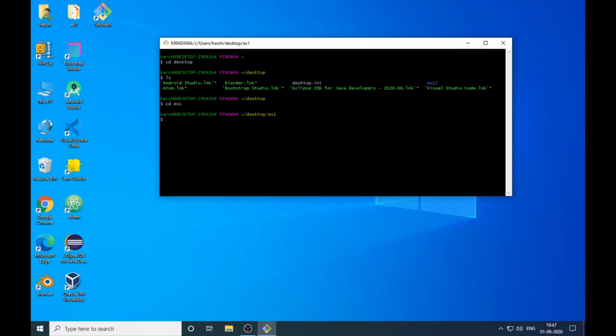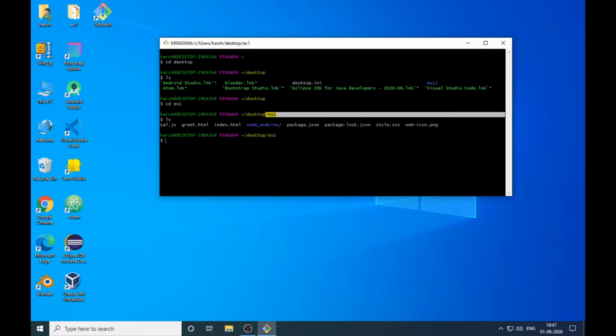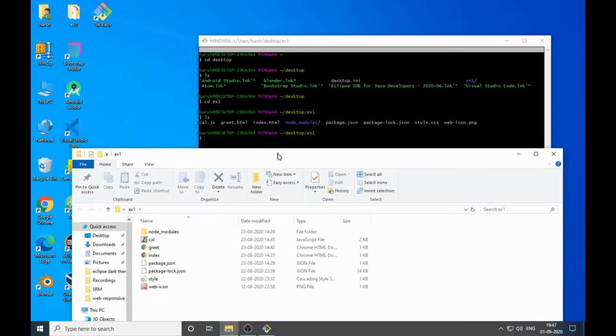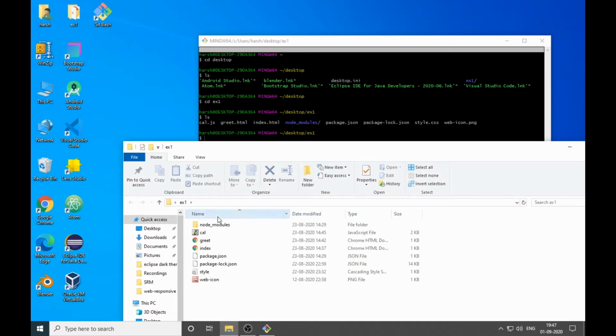If you type the ls list command and press enter, you can see cal.js, greet.js, index.html, these sort of files are in ex1. To confirm it, let's open the ex1 folder. So here you can match: we have cal.js, and we have greet.html.